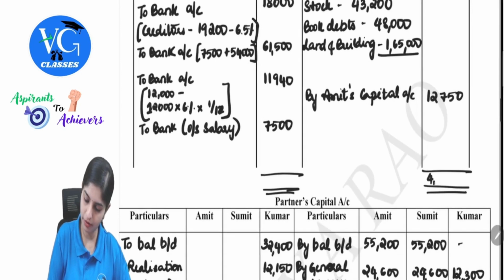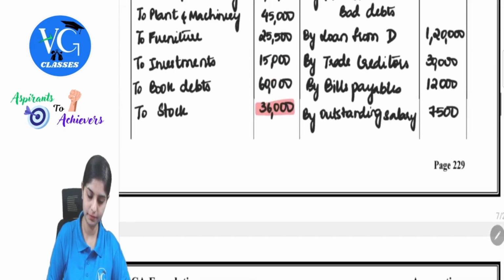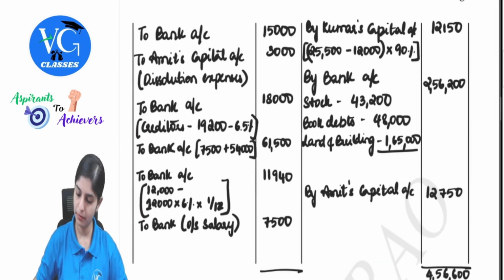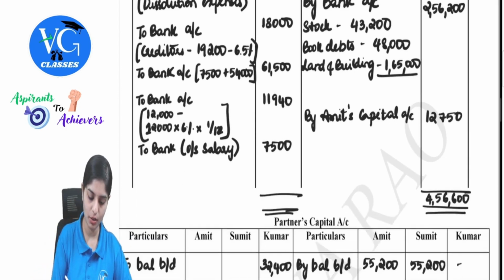This is 4,56,600 minus 1,35,000 minus 45,000 minus 25,500 minus 15 minus 60 minus 36 minus 15 minus 3 minus 18 minus 61,500 minus 11,940 minus 7,500 is